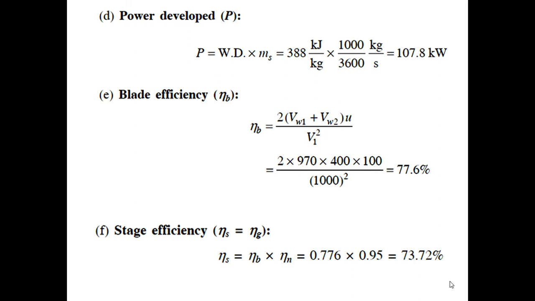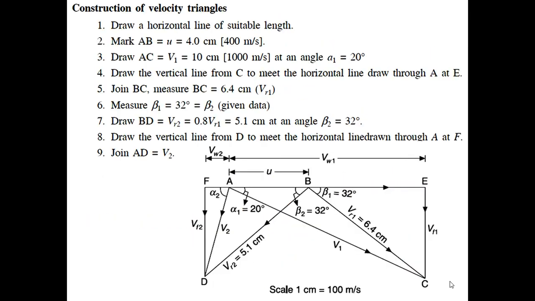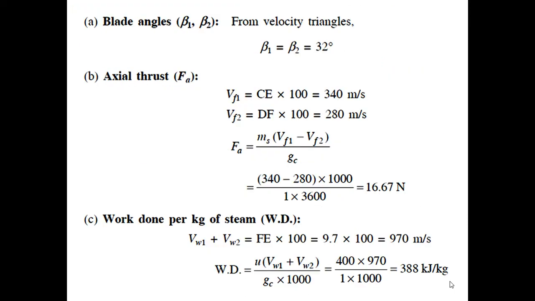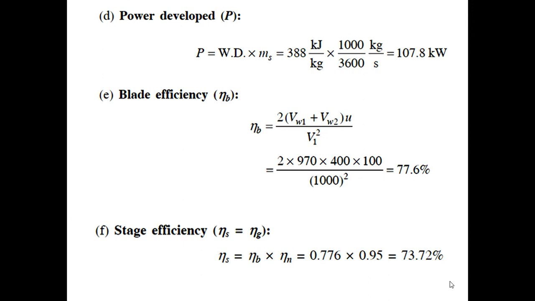Stage efficiency we need to find out. So for stage efficiency, either you can take work done by the blade divided by inlet energy of the nozzle, that you can consider, or else what you can do is multiply blade efficiency into nozzle efficiency. So blade efficiency already we have found out as 77.6, so I can write 0.776 in number. Nozzle efficiency is given in the problem itself. At the top you can read nozzle efficiency is 0.95, that is multiplied here to get the stage efficiency